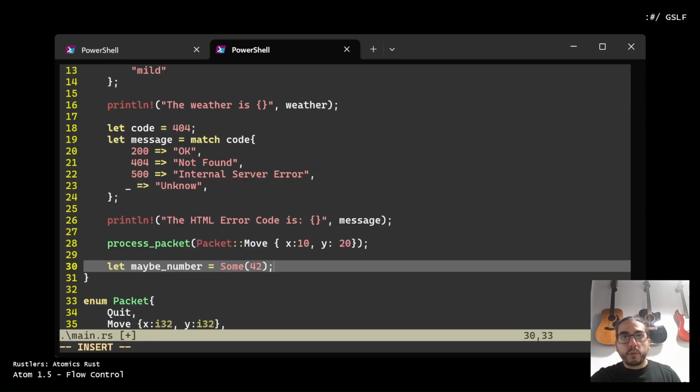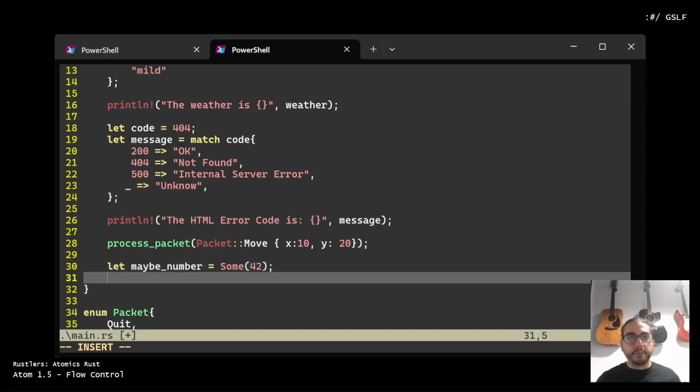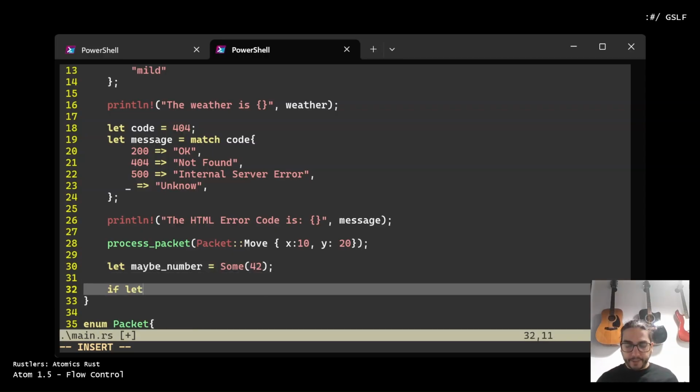In this case, we can use our if-let shortcut to check if our maybe number is a number or not. So, if let Some number equal to maybe number,